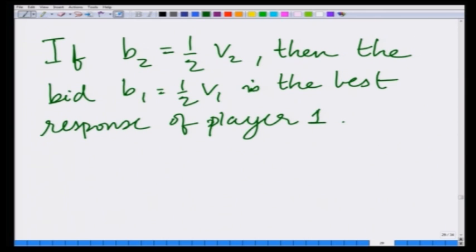Similarly, by symmetry, it can be shown that if player 1 is bidding b1 equals half v1, then b2 equals half v2 is the best response for player 2, using a similar procedure,